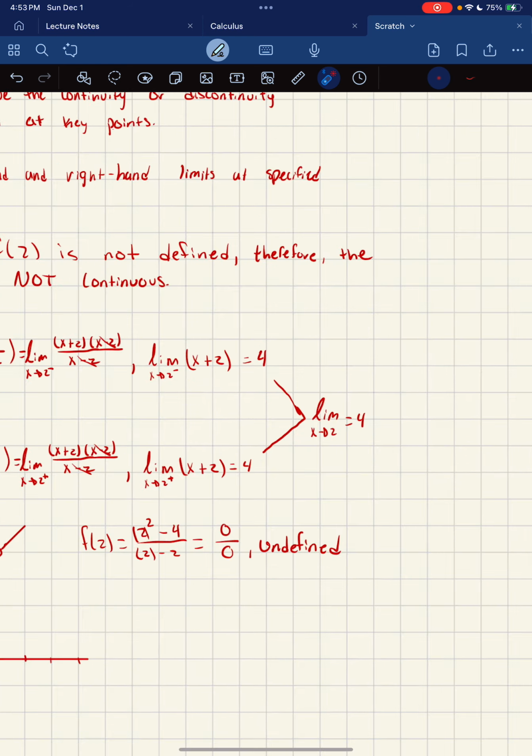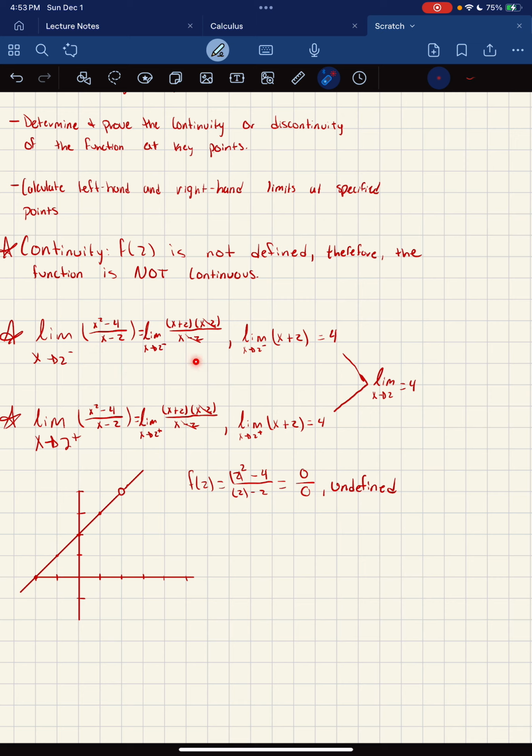Okay, so I did look for my limits. Once I worked it out, I noticed that I could cancel out the x minus 2 and then just be left with the limit as x approaches 2 from the left, x plus 2, and it approaches 4. Now on the right, I did the exact same work, canceled out my x minus 2's. The limit as x approaches 2 from the right is also 4,